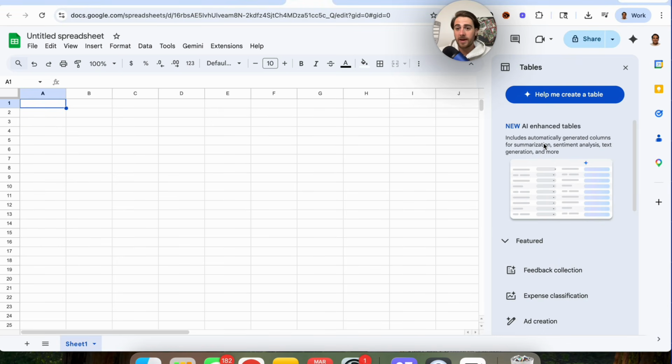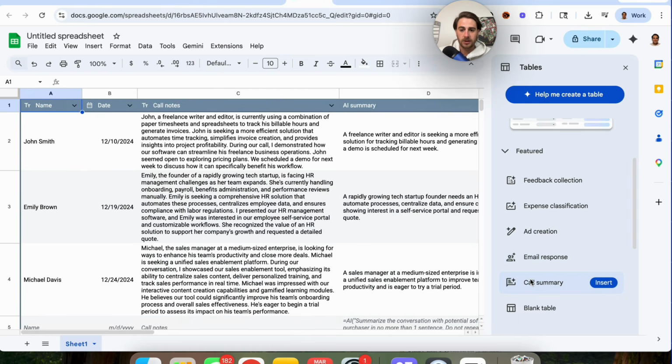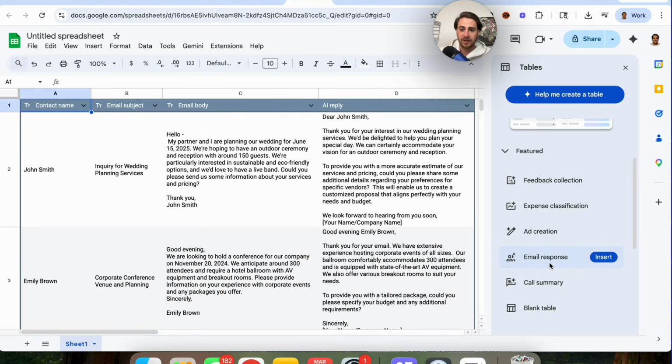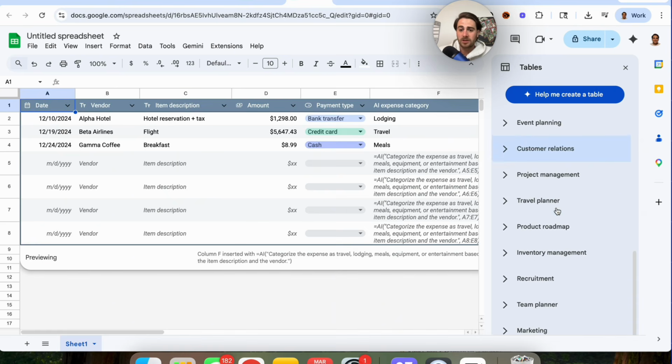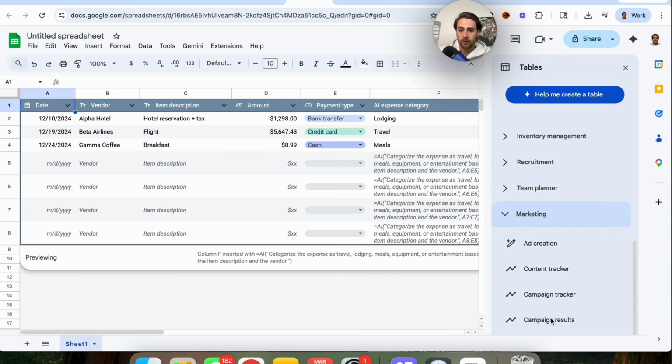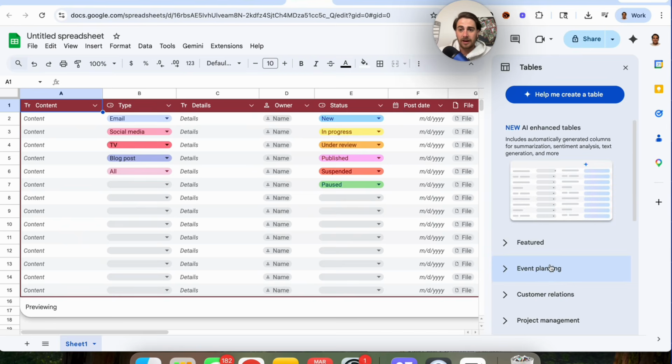This will actually automatically generate columns for summarization, sentiment analysis, text generation, and so much more. We could see all of the different ones that are actually done here. We could see that they have a blank table, they have a call summary, they have an email response, ad creation, expense classification. They literally have tons of these. They have these for marketing. If we come over here, like ad creation or content tracker, they literally have everything that you could think of